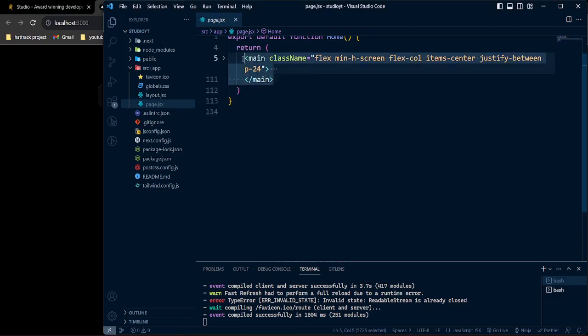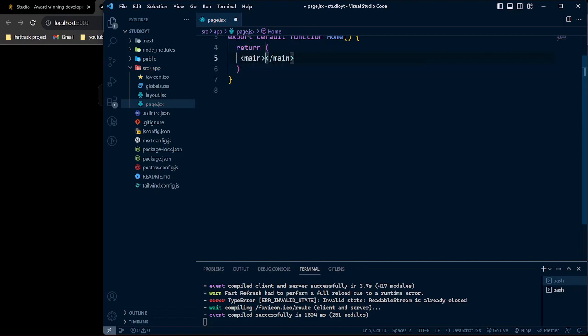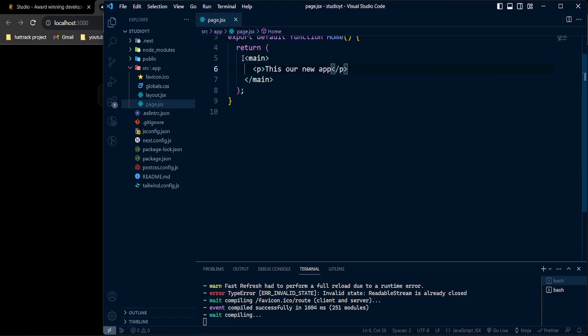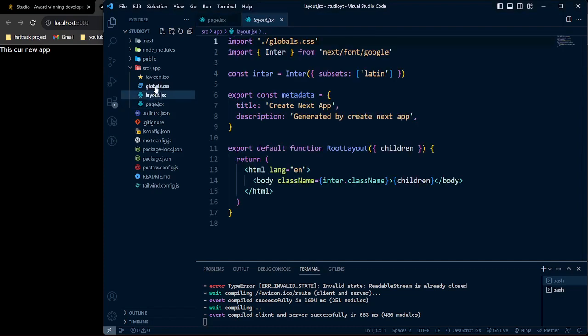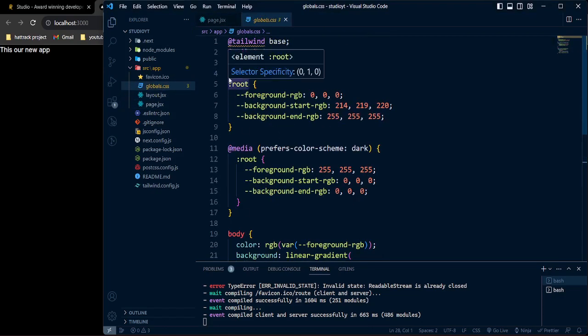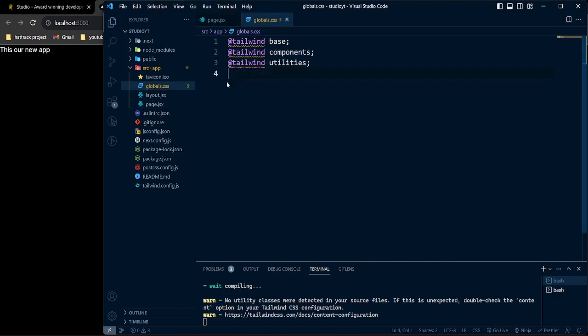So now I'm going to remove everything, and I'm going to add a main tag, and now let's just add a p tag. This is our new app. So once we hit save, as you see, we have our new app, but there is some kind of styling going on, as you see the background and other things. This is coming from that global CSS. So I'm going to remove everything, and I'm just going to keep those three lines,